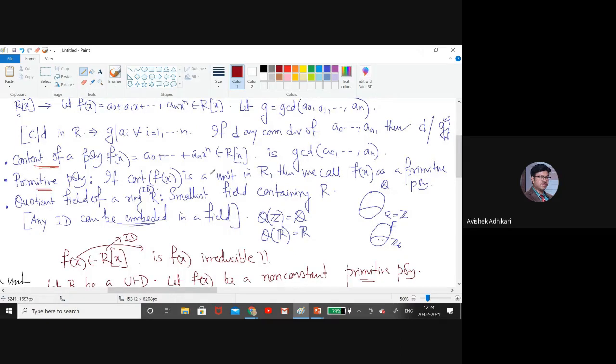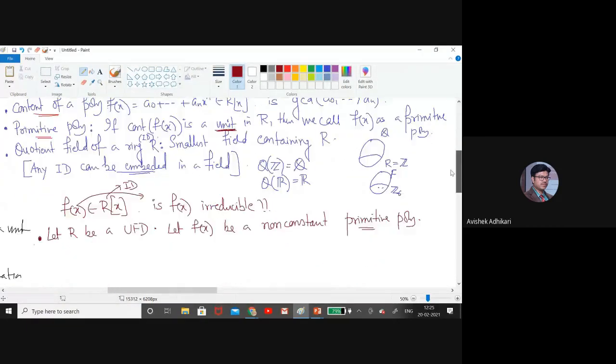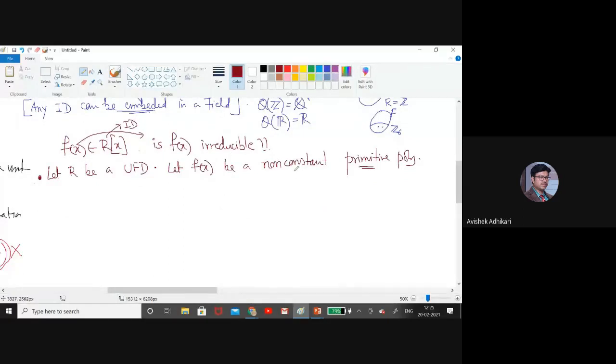If the GCD is a unit, meaning its multiplicative inverse exists, that is, if the content, the GCD of all the coefficients, is a unit, we call it a primitive polynomial. So let f(x) be a non-constant primitive polynomial in R[x],